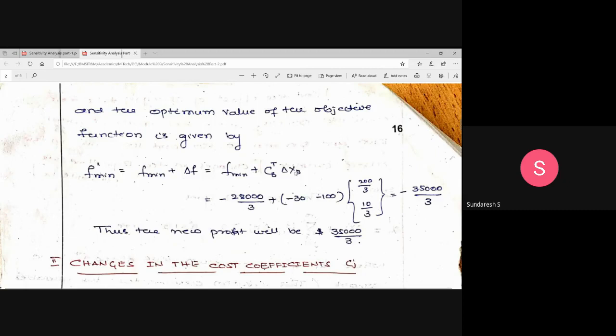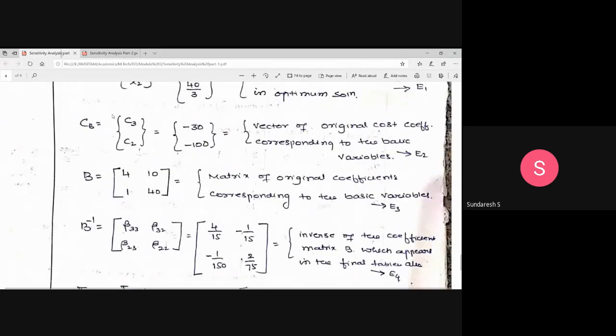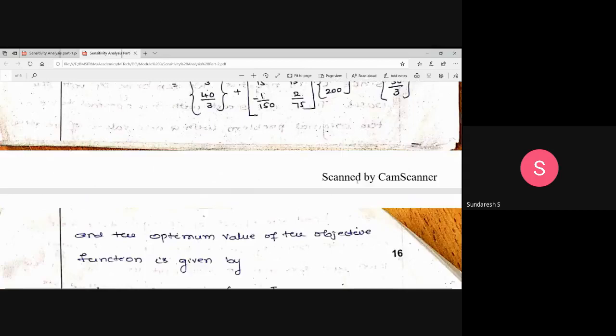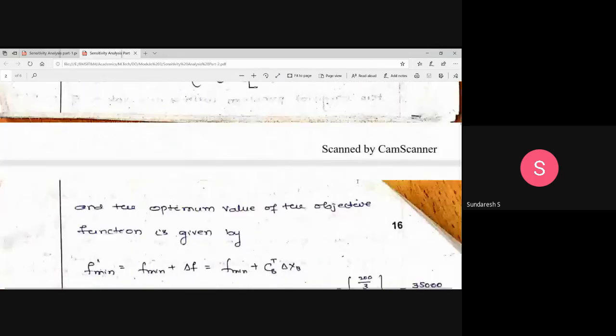Here beta will not be the previous value, because it was minus 28,000 by 3. In the cost function we have CB transpose. So here for CB we have got minus 300 and minus 100. But here we are going to have it as a transpose of that matrix, transpose into delta XB. So delta XB, therefore, we are going to get it as